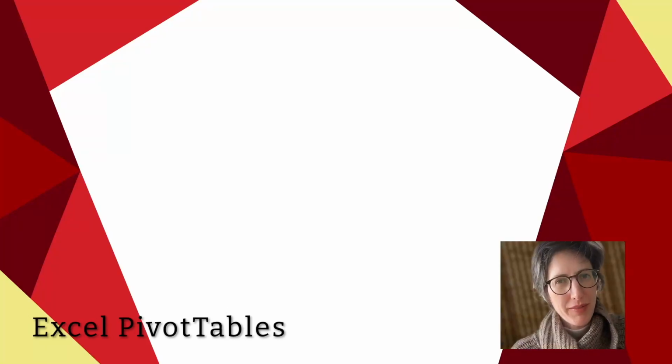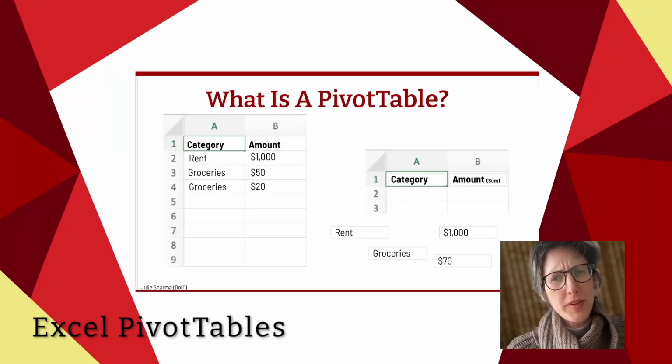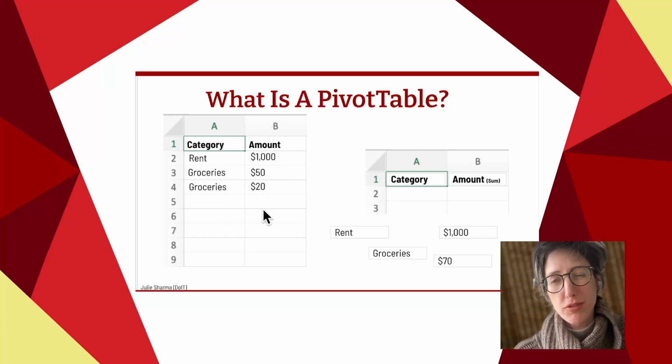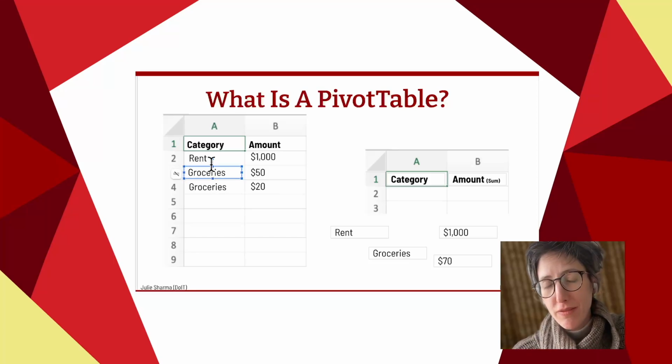Let's talk about pivot tables in Excel. So when we start talking about pivot tables, it's helpful to understand what that means. If I have this data here where I have purchases by category and amount, if I want to create a pivot table to show me purchases by category, instead of listing every single thing, I'm going to list every item